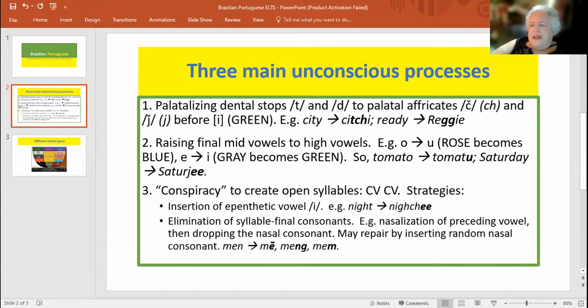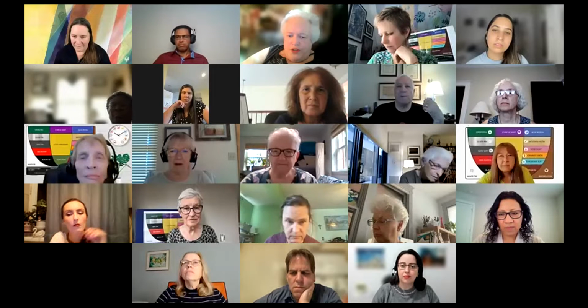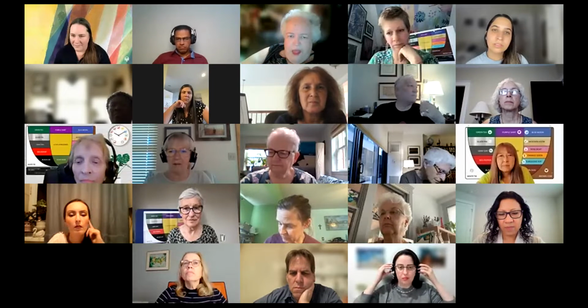But the three main issues are, number one, palatalization of dental stops. That is turning a t and a d to a ch and a j anytime they come before an e sound. So city would become sichi, for example, or ready would become reggie. And this is directly related to a difference in Brazilian Portuguese, which you can hear in this